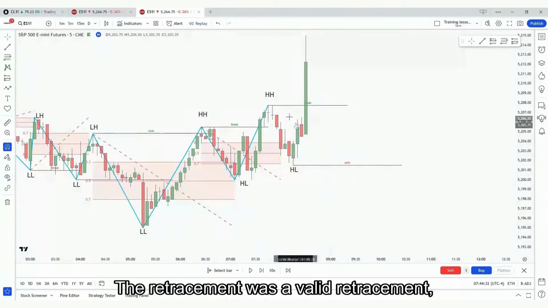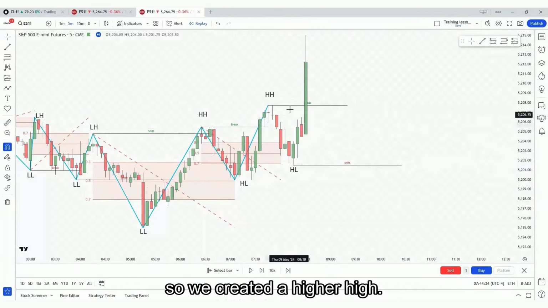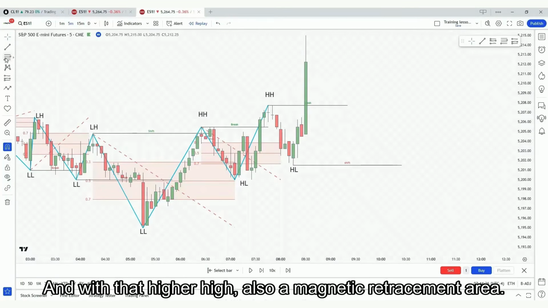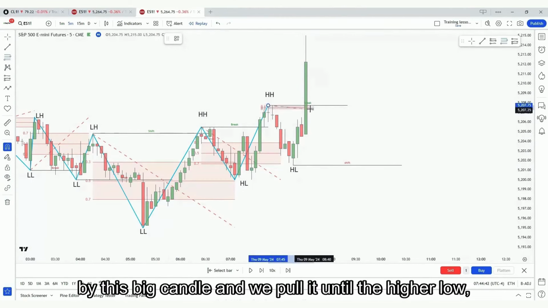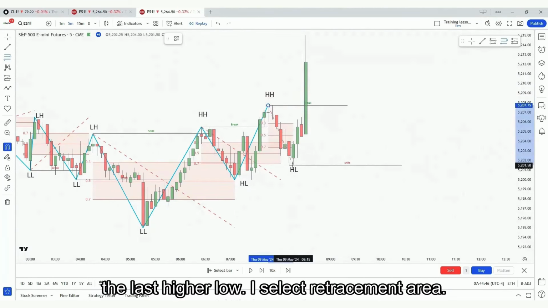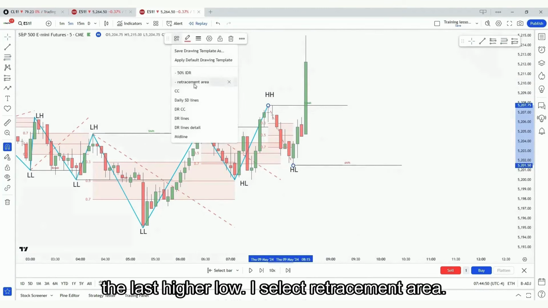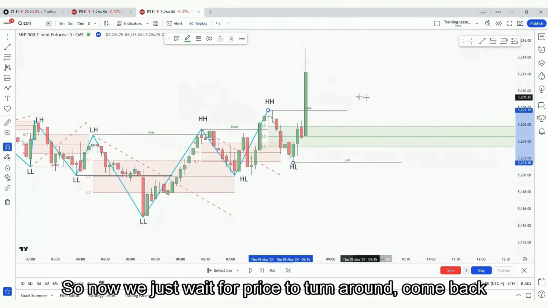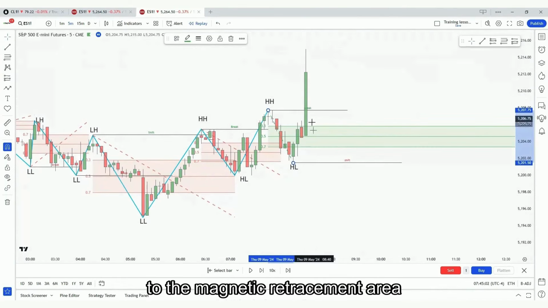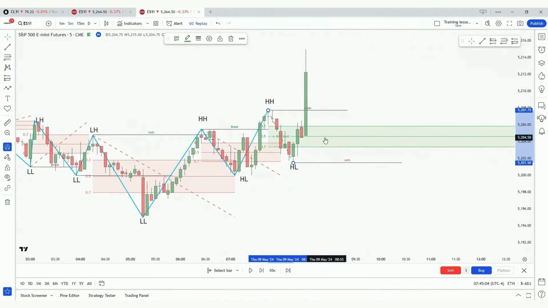The retracement was a valid retracement, so we created a higher high, and with that higher high also a magnetic retracement area. So we pull it from this higher high that just got broken by this big candle, and we pull it until the higher low, the last higher low. I select a retracement area. So now we just wait for price to turn around, come back to the magnetic retracement area, and from there